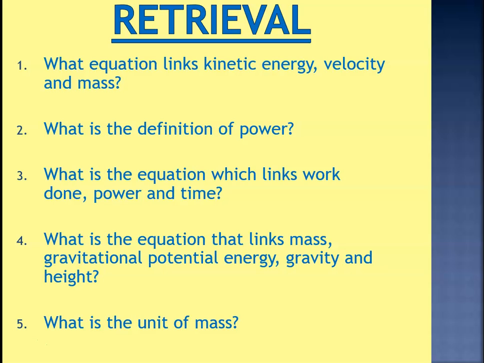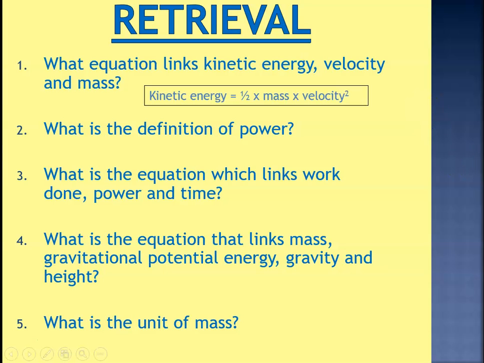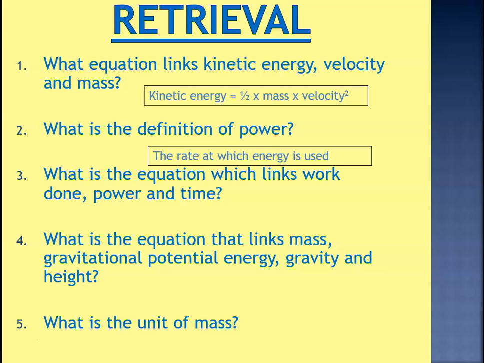So question 1, the equation that links kinetic energy, velocity, and mass is energy equals half times mass times velocity squared. Question 2, the definition of power is the rate at which energy is used, so how quickly energy is used. The more powerful something is, the quicker it uses energy. Work done, power, and time are linked by this equation. Power is equal to work done divided by time, because again, that's energy over time, giving us the rate of